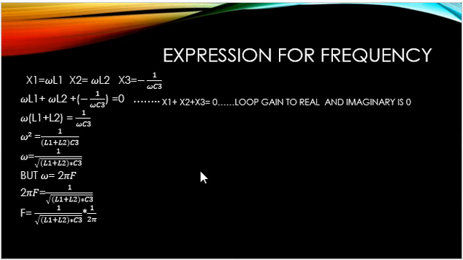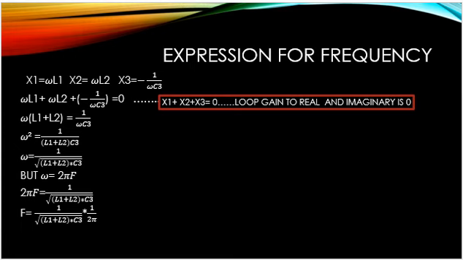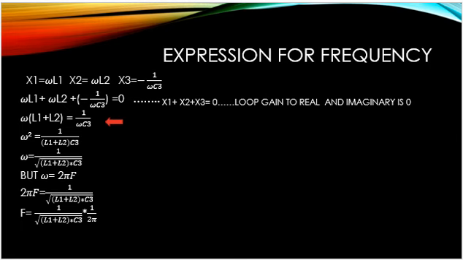So this will be covered, I think 2 to 3 marks will be given over here. Next, whenever a Hartley question is asked, along with this Hartley we will also have a sum. Okay, so I will just revise it. x1, x2, x3 is the loop gain in the imaginary section. Then it will be produced over here. We will shift the negative portion over here, then this. Okay, then we get this final expression.